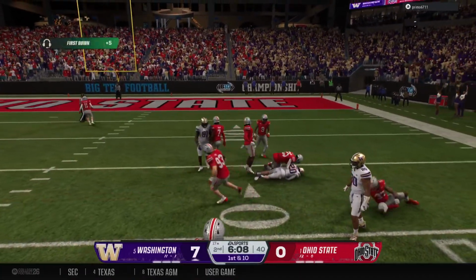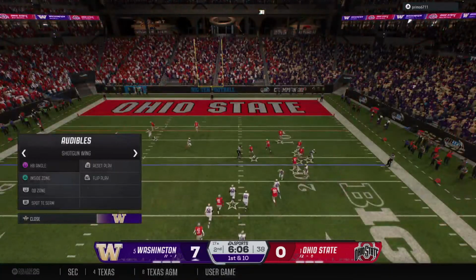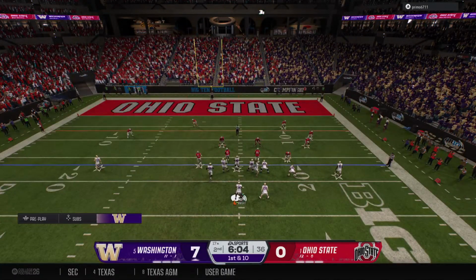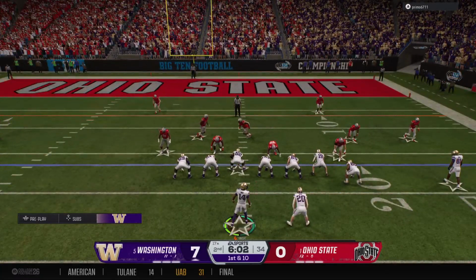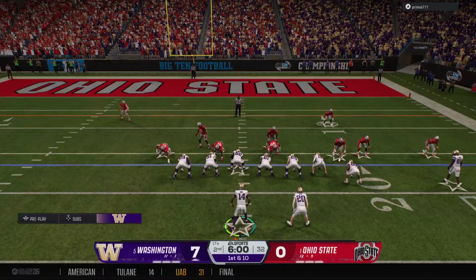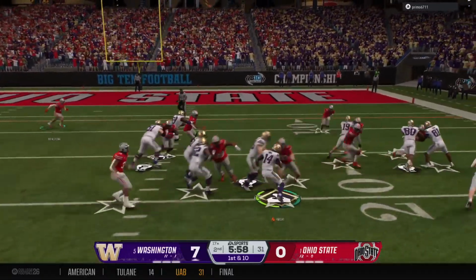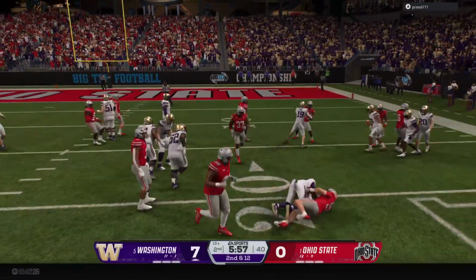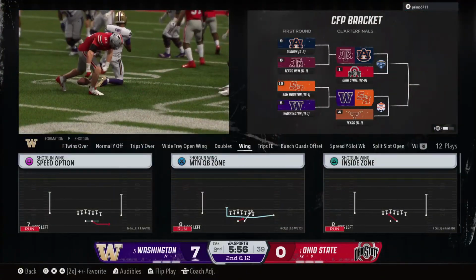Finds his man. It's Booth. That gain moves the ball to the 17. 1st down. Washington getting set for the 1st and 10. That's a design quarterback keeper. Tackled behind the line. It's a loss of 2.